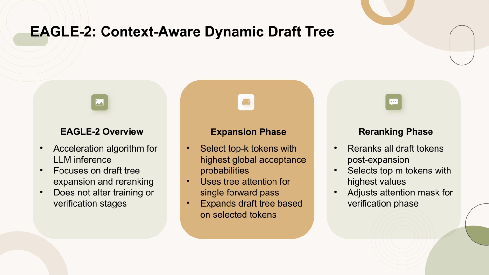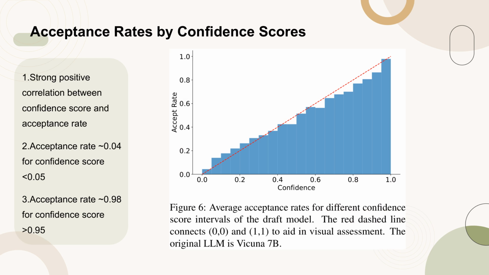In the re-ranking phase, all draft tokens are re-ranked, and the top N tokens with the highest values are selected. This ensures that the tokens used in the verification phase are optimal. Additionally, the attention mask is adjusted to maintain consistency with autoregressive decoding, ensuring that each token can only see its ancestor nodes. Figure 6 illustrates the strong positive correlation between the draft model's confidence score and the acceptance rate of